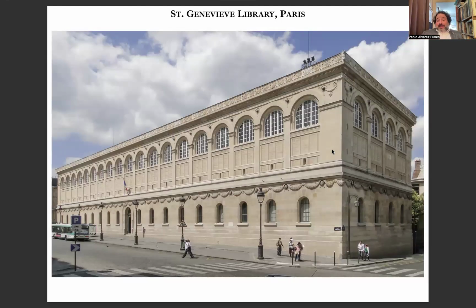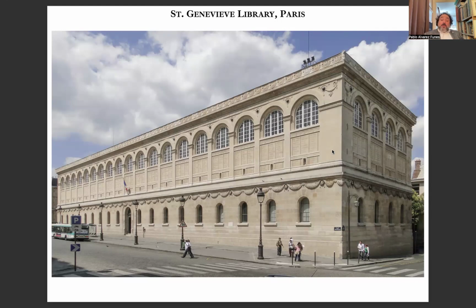But we know now that the Library of Celsus was restored in the 70s, when enough rubble and enough material, because that was a pile of rubble, was taken out and restored. So to move to what we call now the modern library, we have to go after the French Revolution, and